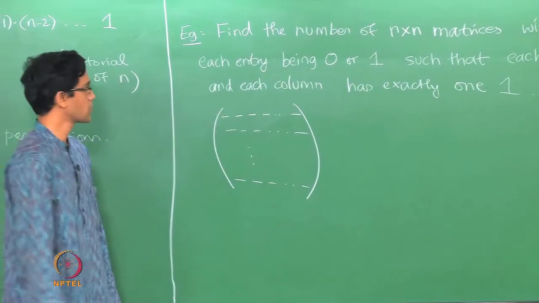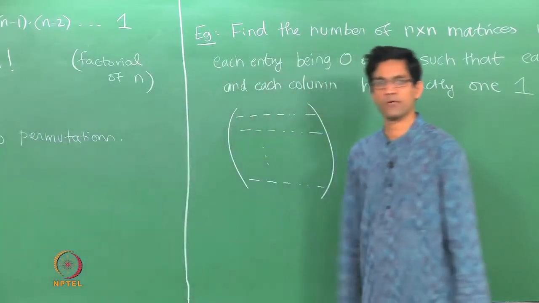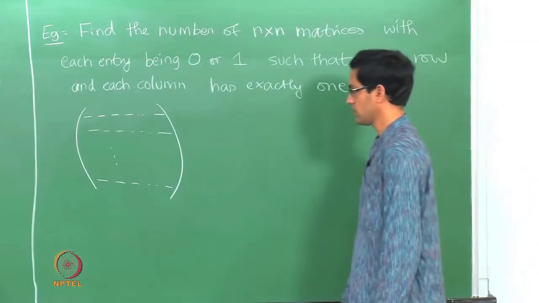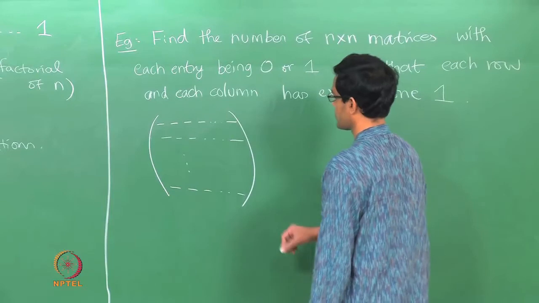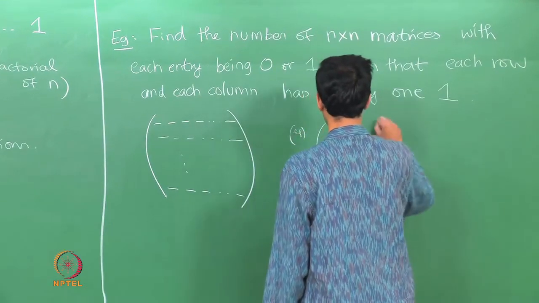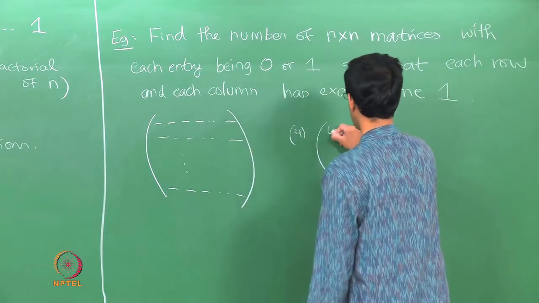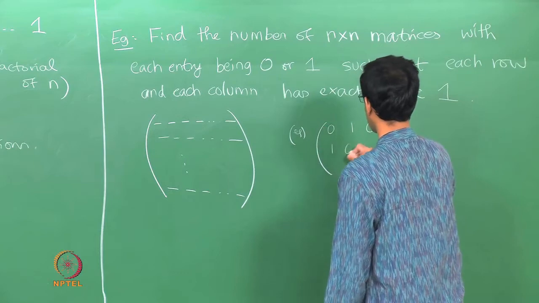Okay, so this looks seemingly different from the problem of permutations. Now to get a sense of this, let us just see how one would try and do this. So imagine you had such an arrangement. So here is an example. If you did have, say, for n equals 3, you could put a 1 in the second place, so that row is taken care of. You can put a 1 here.